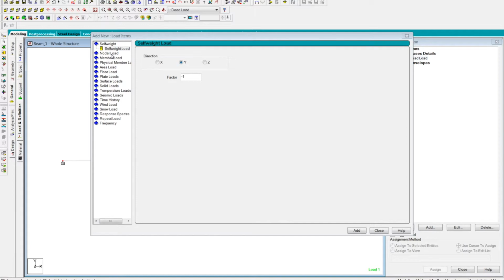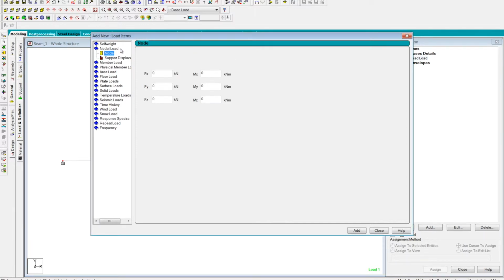So first of all we will go to nodal load, because the 5 and 7 will be applied on nodes itself. So the first load will be -5. I'm sure you are getting why I am giving the -5 value in this box and why I'm giving it a minus sign, because we want our load in the y direction but in the negative of the y direction. So click on add. I'll again add my second value, that is -7.